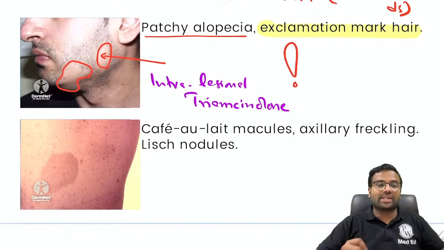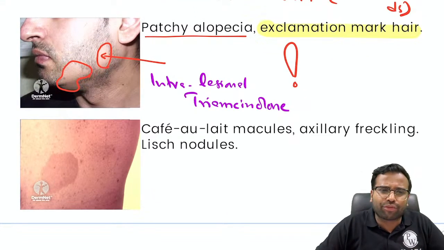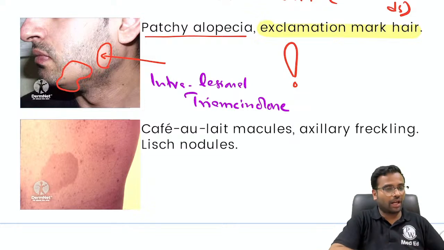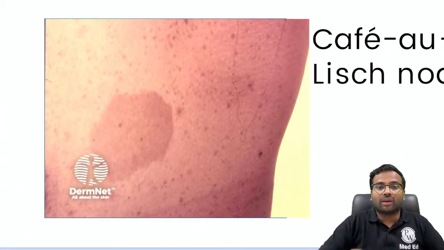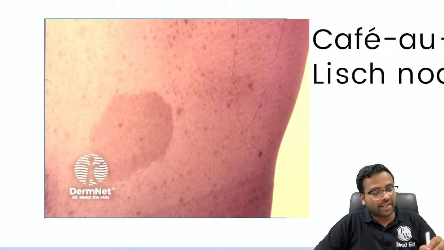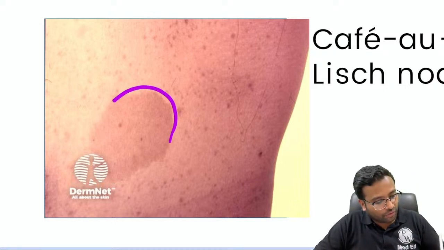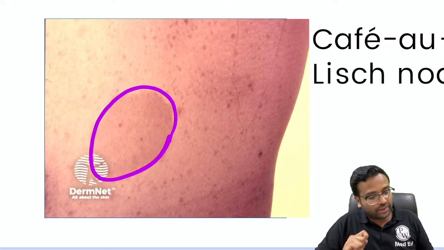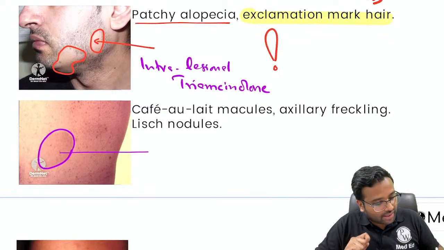So the next image says café-au-lait macules, axillary freckling, Lisch nodules. These are the three clues for you. Let's zoom the image now. So this is the image. What I can see is there is a well circumscribed brown colored hyperpigmented patch over the skin. So this one is called